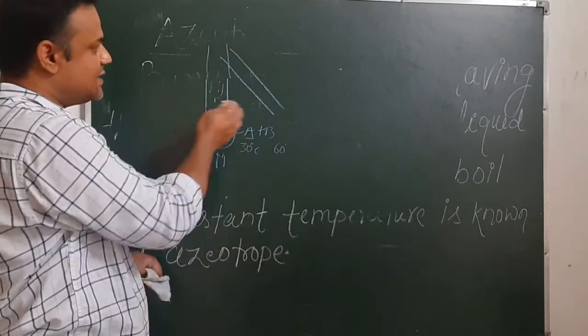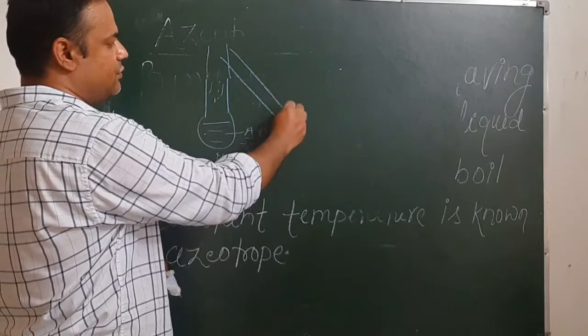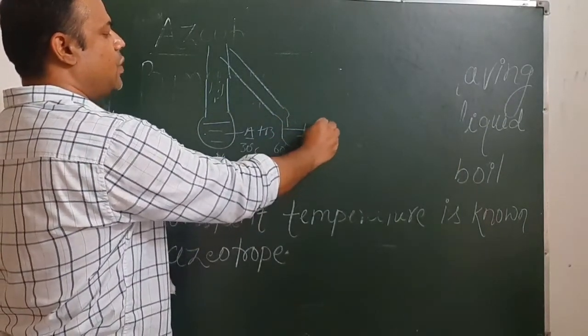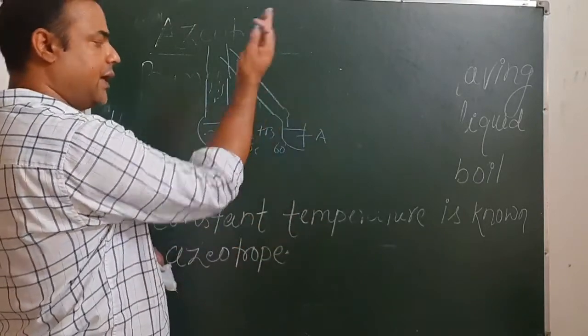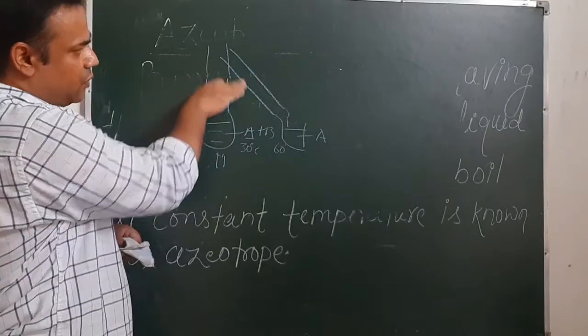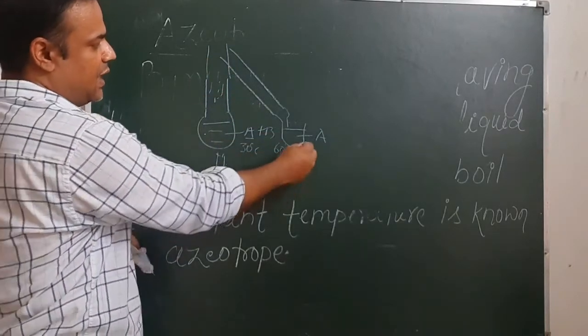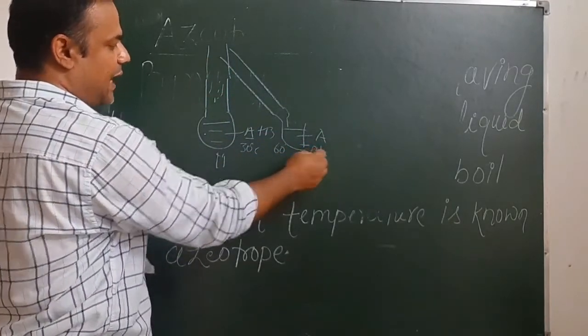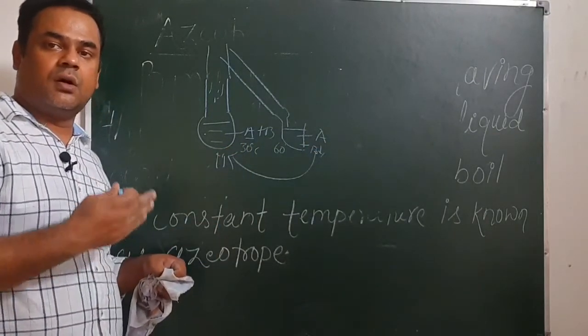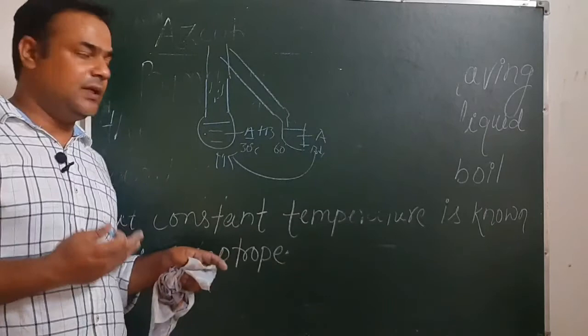When we condense this vapor, on condensation we will get a solution in which there is more amount of A. Here the amount of A will rise because in vapor phase more A is there, and we are cooling this vapor to get this mixture, and the amount of B will be less. Again, if we repeat this phenomenon, in that way we can gradually increase our concentration of A.